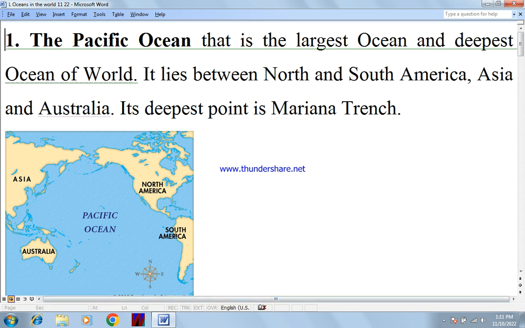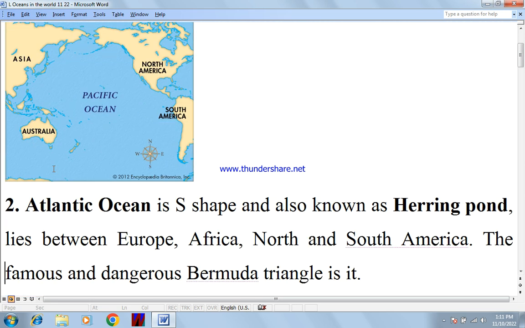This is North America, this is South America, Asia, this is Russia, and this is Japan, this is China, and this is Asia, and Australia. Its location is between North and South America, and Australia and Asia. Its deepest point is Mariana Trench. Okay. Now,